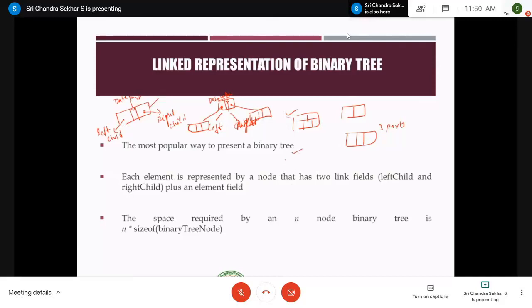For example, if anybody asks you what is the best way of representing stacks, we have two ways of implementing stacks, right? One is array and another one is linked list. The best method is linked list itself. If you don't worry about the space, most of the operations of linked list are better than the array representation.